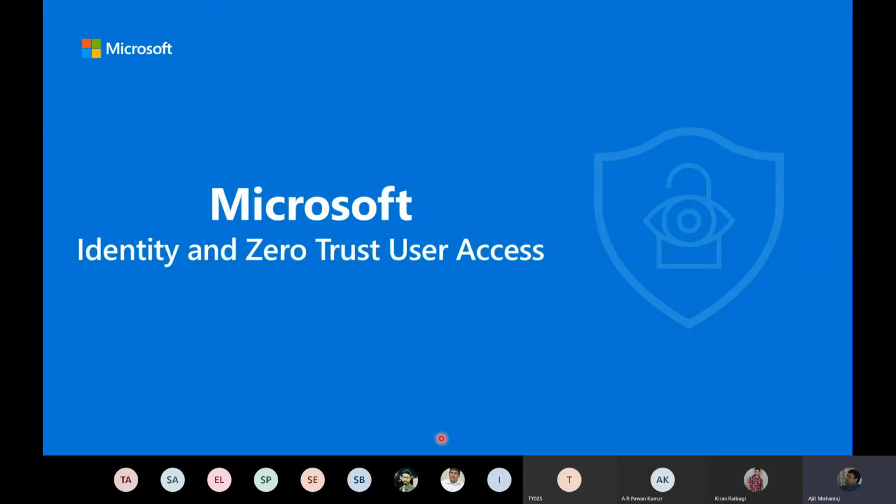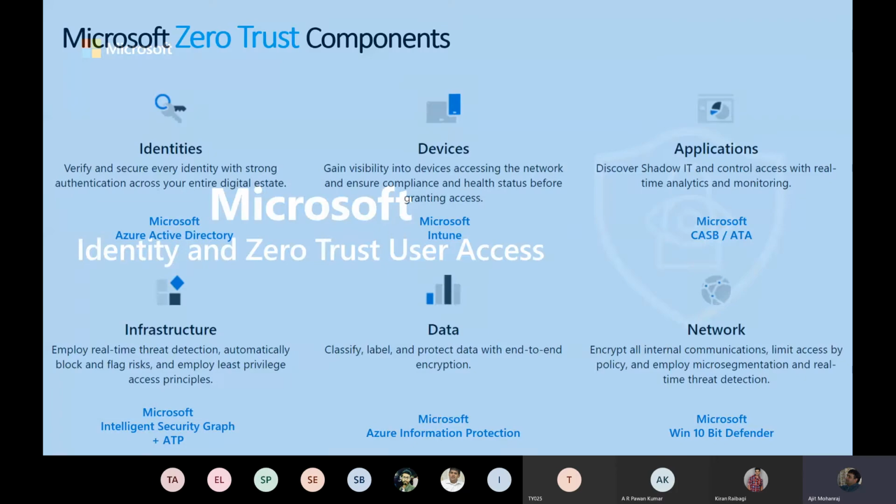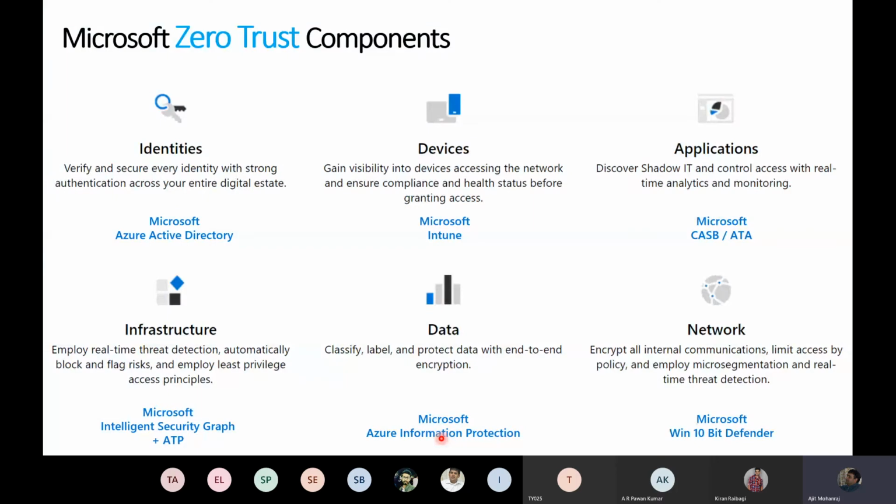So that was just laying the ground for you. I'm just going to go through not everything, because in the interest of time, I really want to talk about Azure Active Directory, because that is the heart of it, right? Because we talked about identity and how important it is for zero trust. So quickly to just call out the components. And again, these are all the SKUs that you can upgrade to individually, or I will talk about how Microsoft has packaged them. Number one, we want to verify and secure all the identities, right?